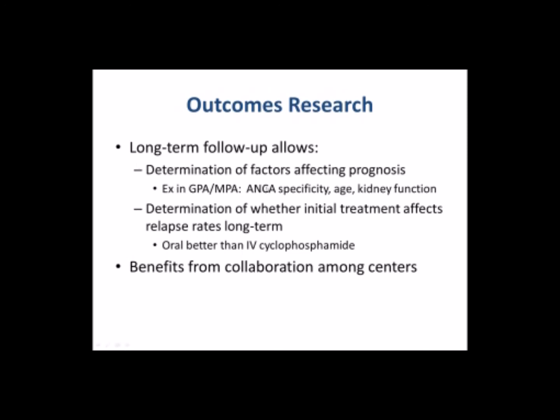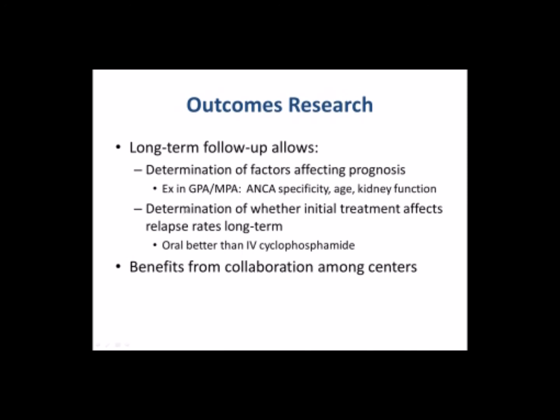And so some examples, when I say we, I mean people around the world. Multiple groups have found that the MPO versus PR3 specificity for ANCA tells you a lot about whether a patient's going to have relapse or not. The two things we know that are a problem in terms of how you're going to do, especially early on with this disease, are how old you are and how bad your kidneys are. This is why we as doctors get so upset about patients with kidney dysfunction, even though you as a patient might not notice it and are more troubled by the prednisone side effects.